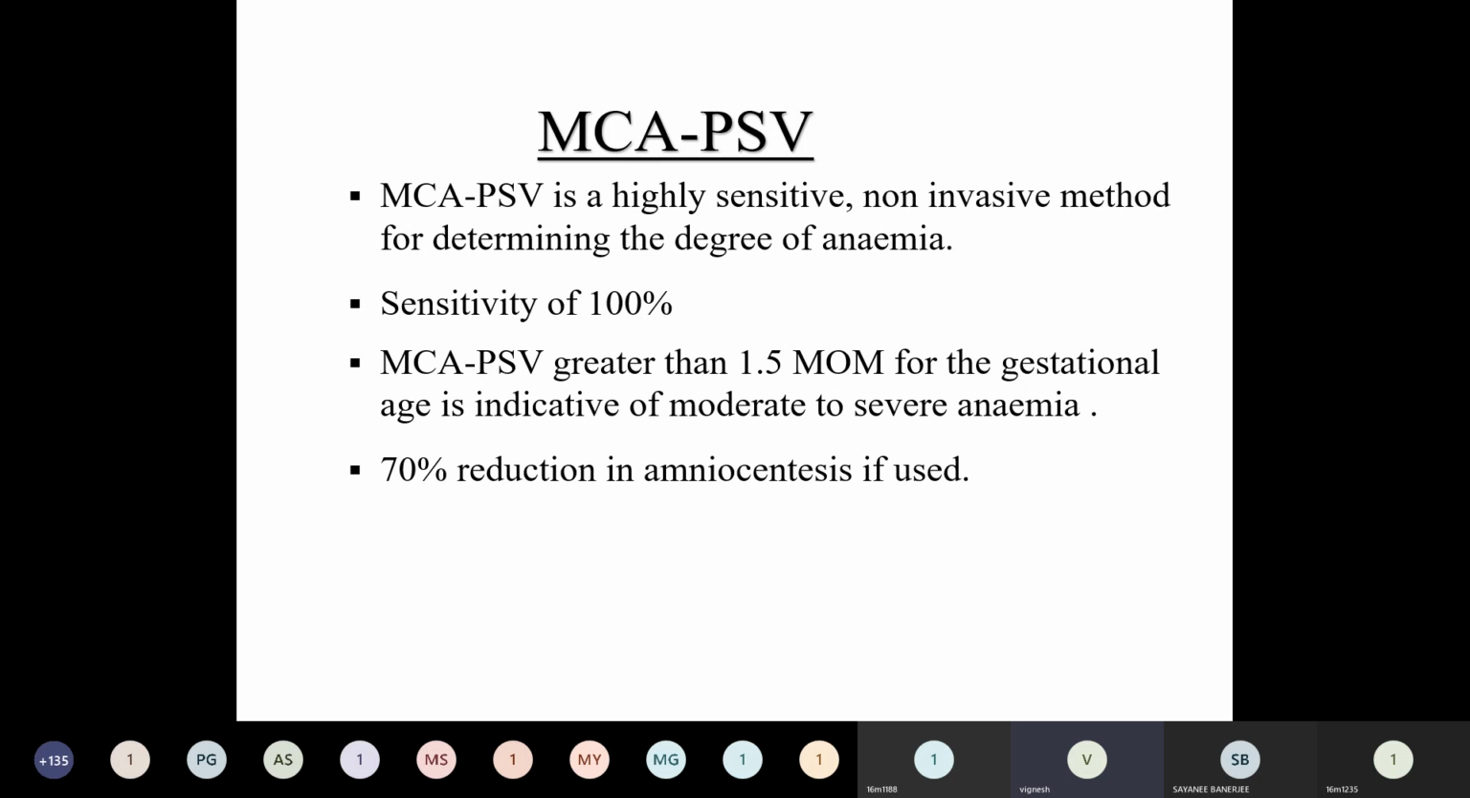Mom is multiples of the median for the gestational age. It is indicative of moderate to severe anemia, with a 70% reduction in amniocentesis if used. So